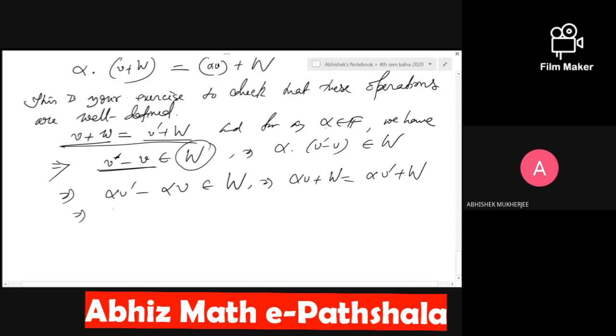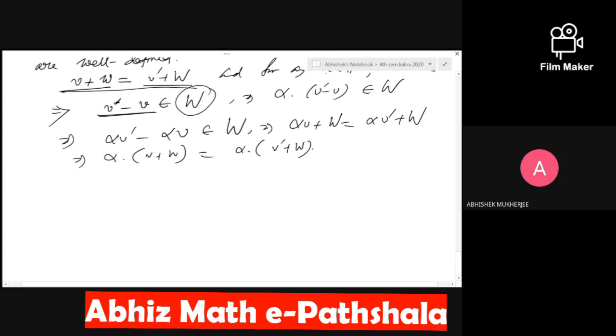That means alpha v plus W means alpha dot (v plus W), and alpha v dash plus W means alpha dot (v dash plus W). So this proves that the scalar multiplication that we have defined above is well defined. Thus the operations defined on V/W are well defined operations. And with respect to these operations, you can show that